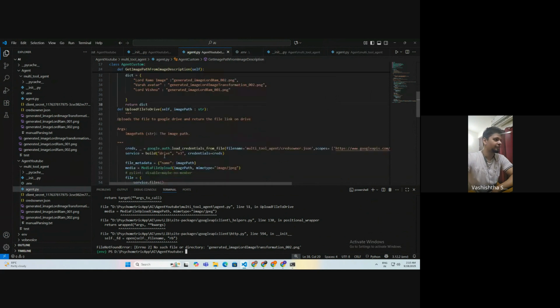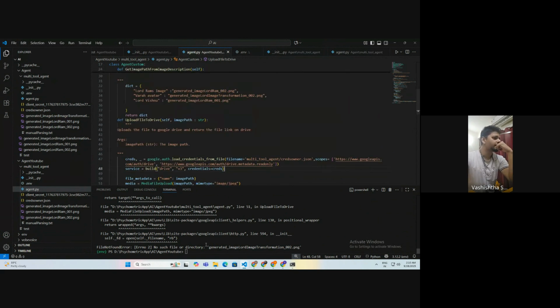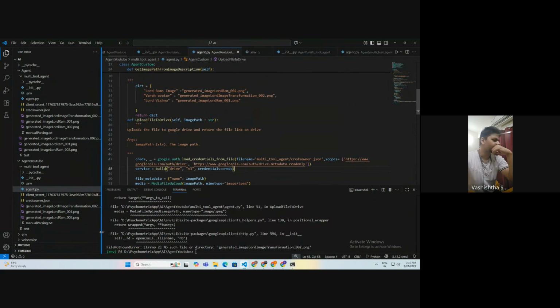Hold on, let me see what's wrong. Generate an image transformation. Obviously, there's no such path because I have actually pasted all this in this path, whereas my code is running under Agent YouTube.